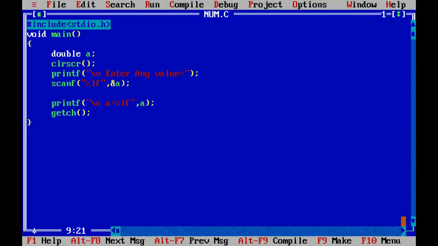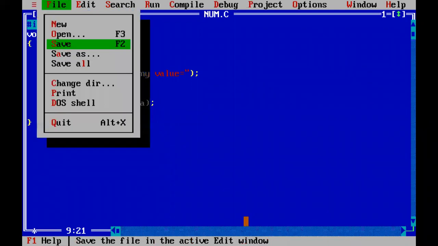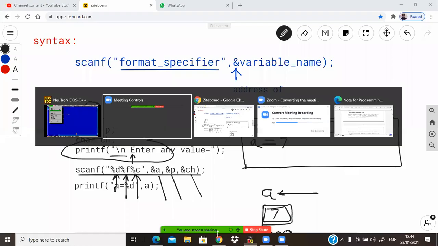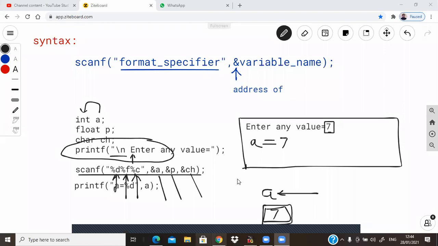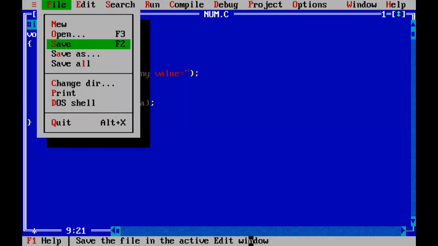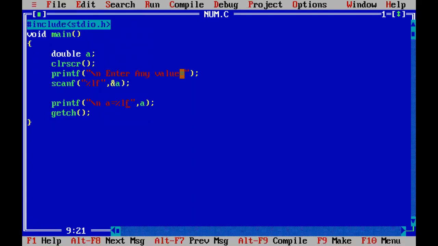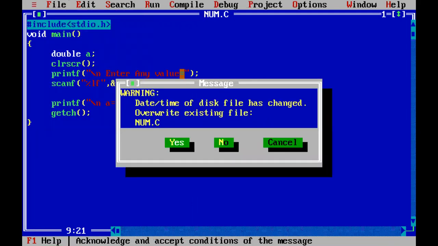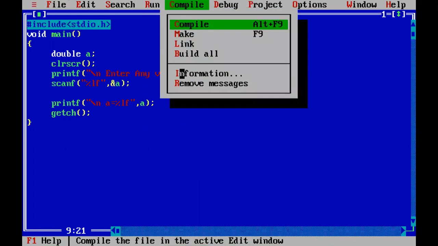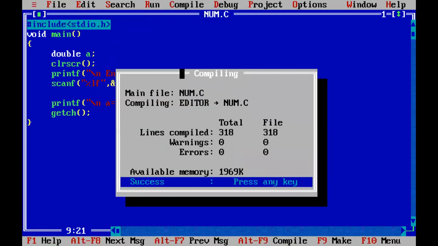So in this way, we can also use the double value. Firstly, save this program, compile, then zero errors, run.